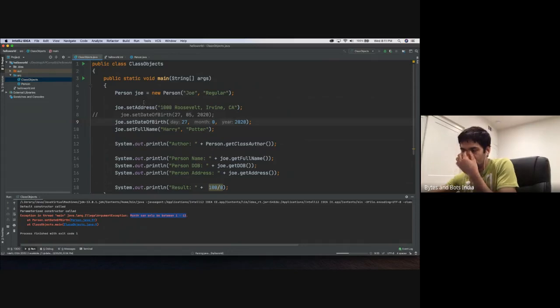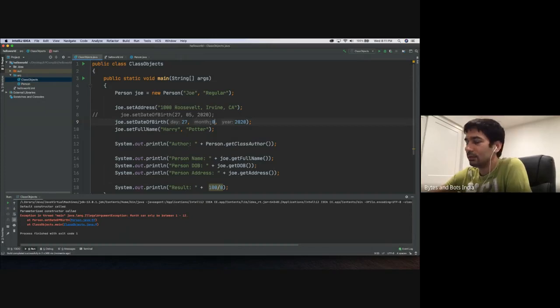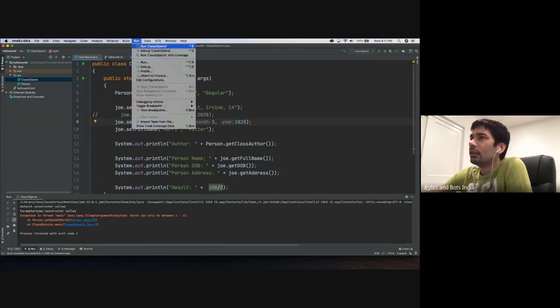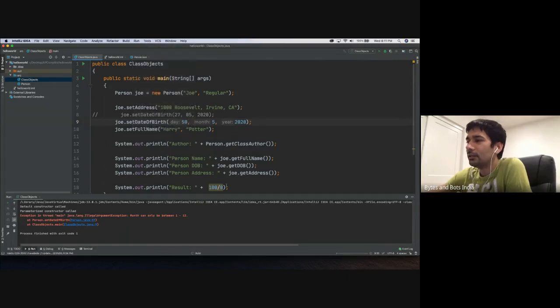Same. We're getting an exception. You can't have month outside of that range. Let's bring it back to 5. Let's put a day, maybe 50, which cannot be more than 31. Run it,